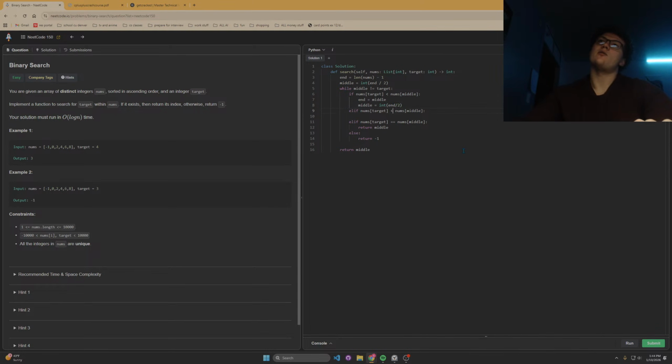If it's to the right, larger than the difference between middle and, okay. Middle will equal the difference between middle